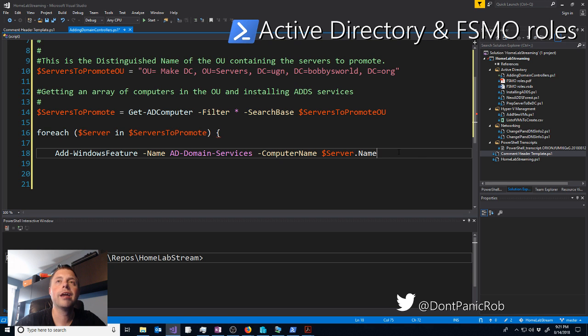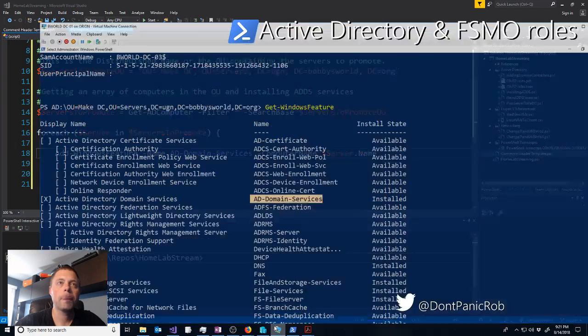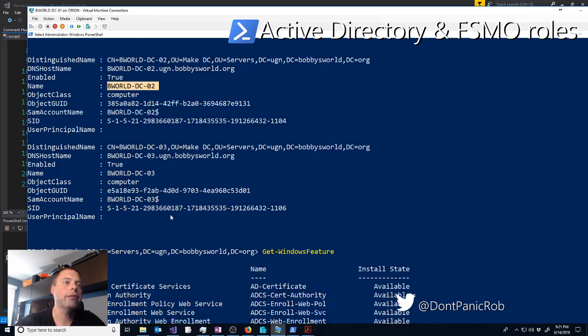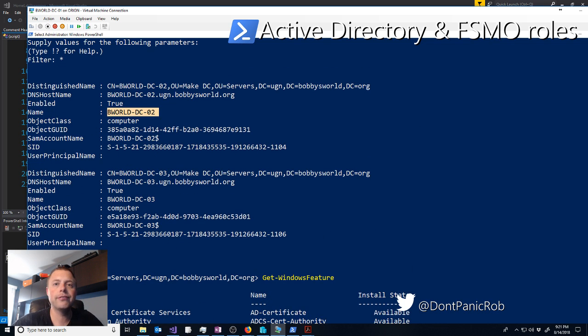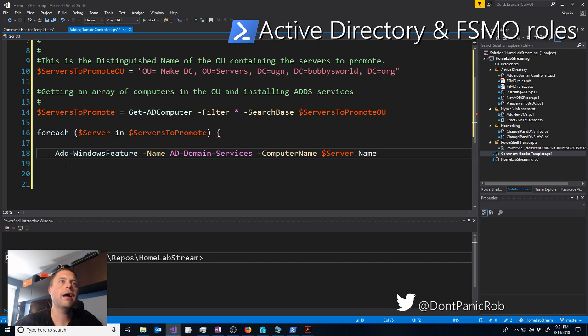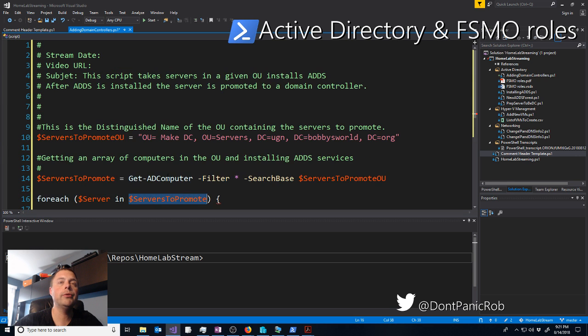And what a for each does is it basically creates a simple for loop that will go through every item in servers to promote. So if there's 1 or 1,000 in that particular OU that we created here,